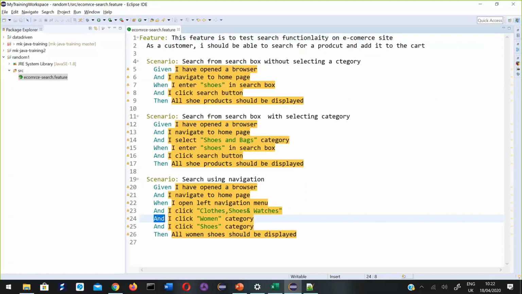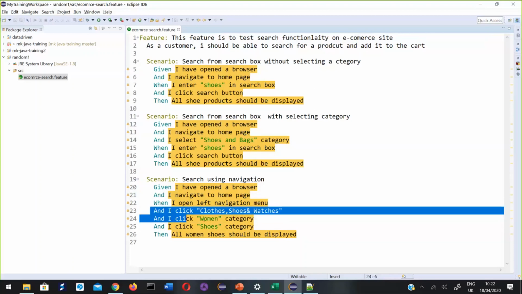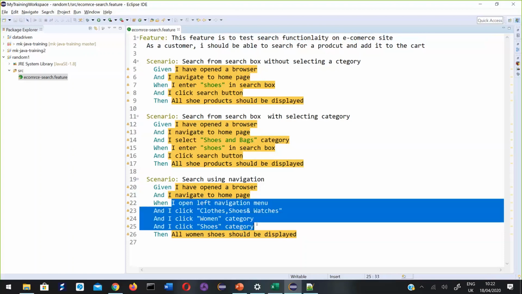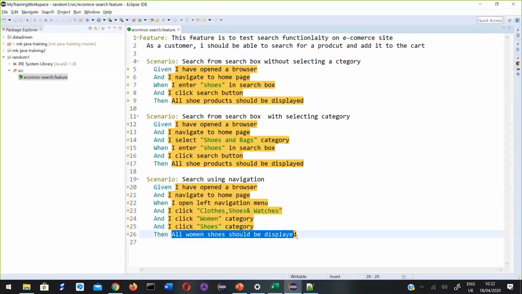When? Why? It is a test step, and it is written under when, right? That is the when step. Anything written under given is a given step. Anything written under then is a then step.